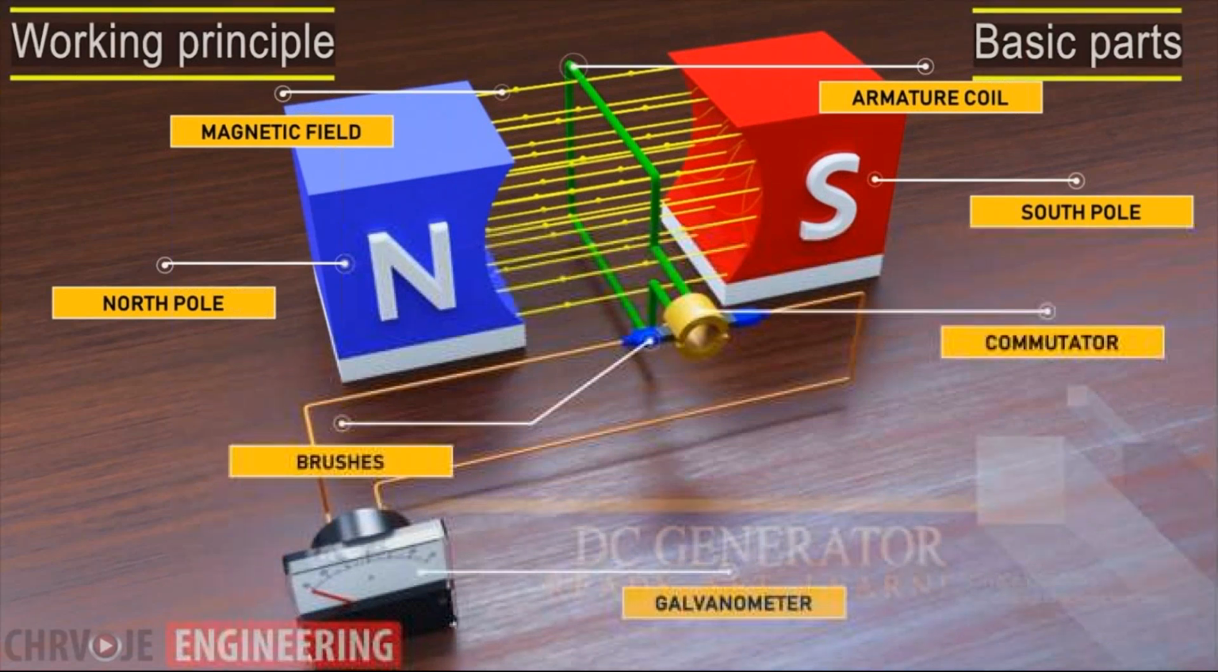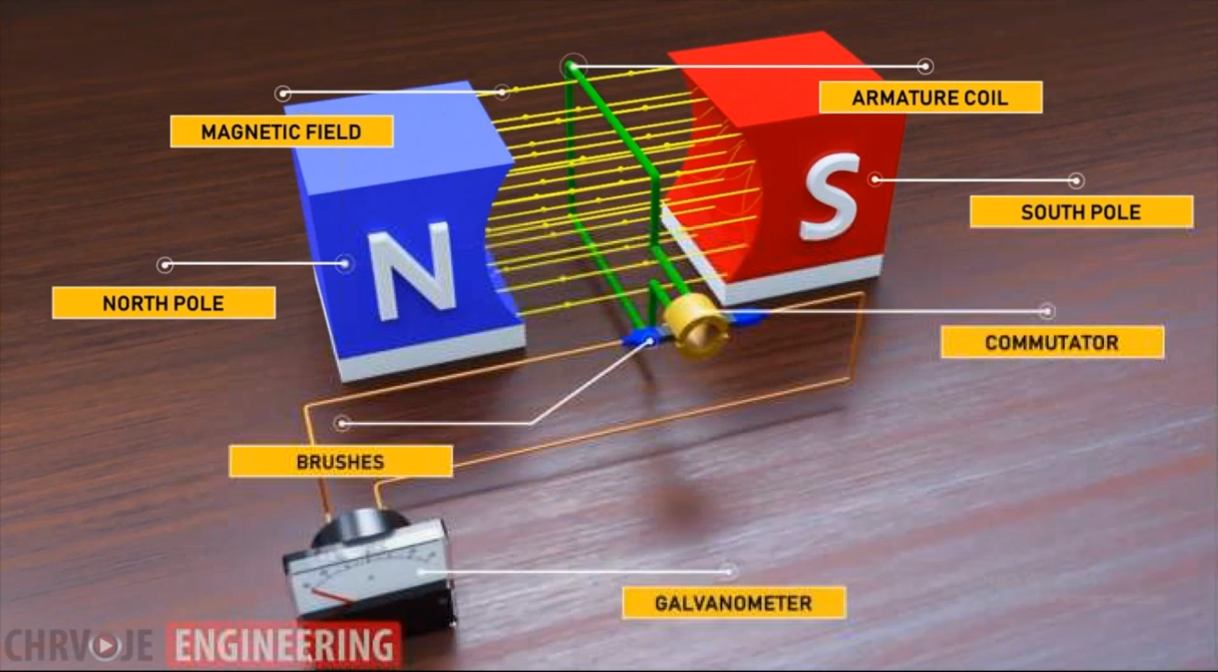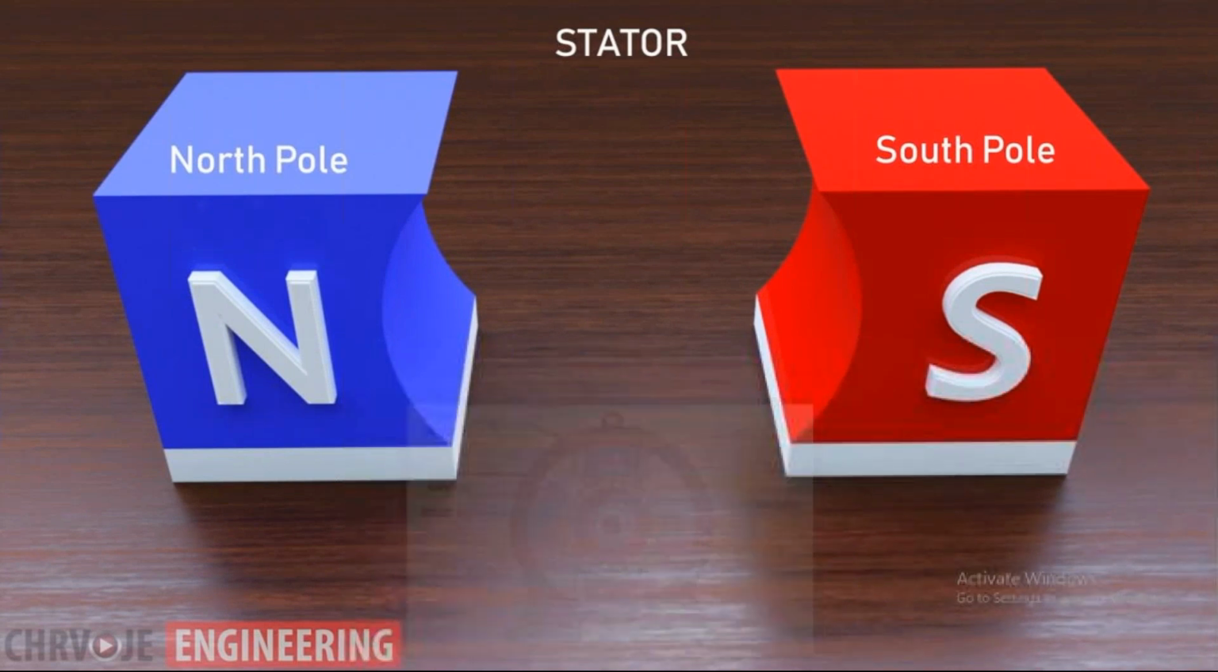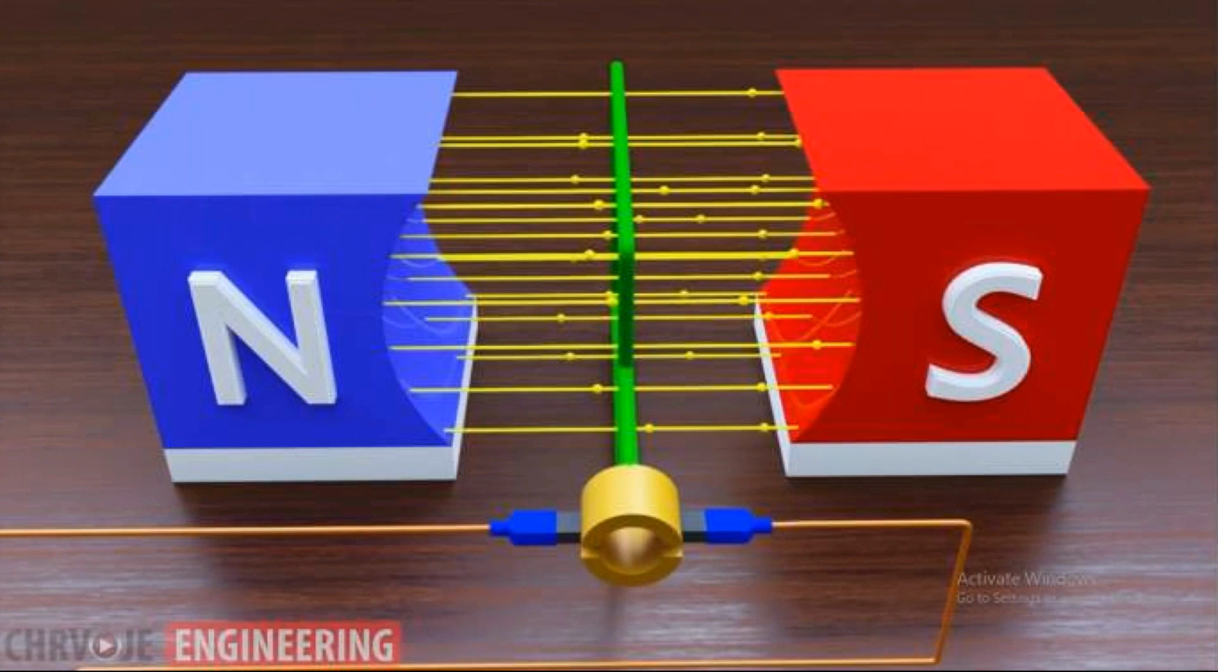As you can see, the configuration of a DC generator is pretty simple. The stator is a fixed part of the DC generator. The stator consists of permanent magnets, two of them north and south poles, which are placed to fit around the rotor. The main function of the stator is to provide the magnetic field through which the rotor or armature coil